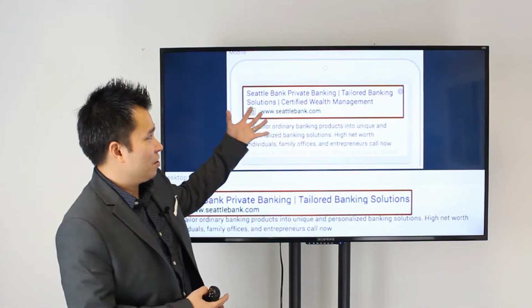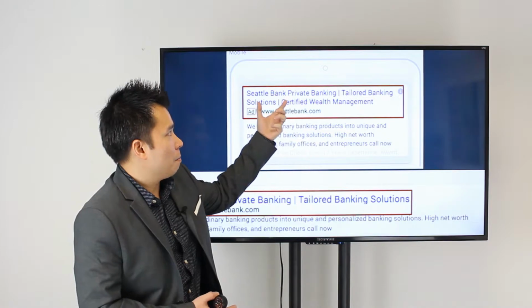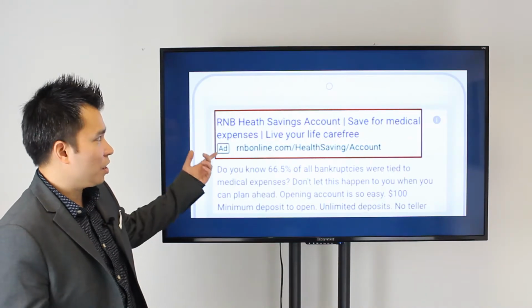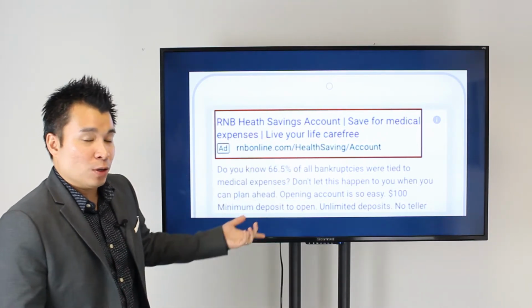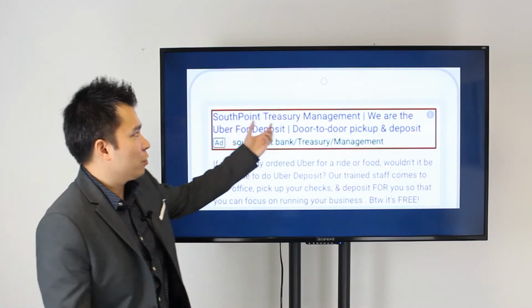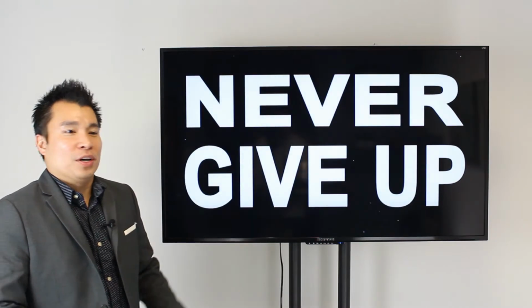Here you go, there's another ad that we helped them create: Seattle Bank private banking. One more thing: RMB help saving account. That's another ad that we helped our client create. South Point Treasury Management. We are the Uber for deposits. So the key point is